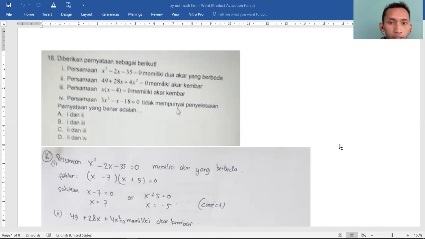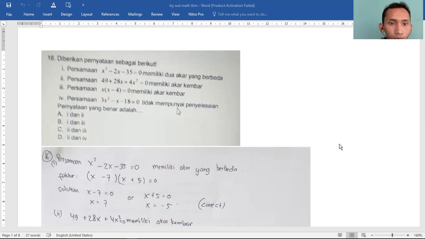So I just predict that for tomorrow it's also the same thing. It is the transformation from your book 2, unit 5, and quadratic equation. But for quadratic equation, we not only find the solution, but here we also make the equation. So you can check here how to work on it.